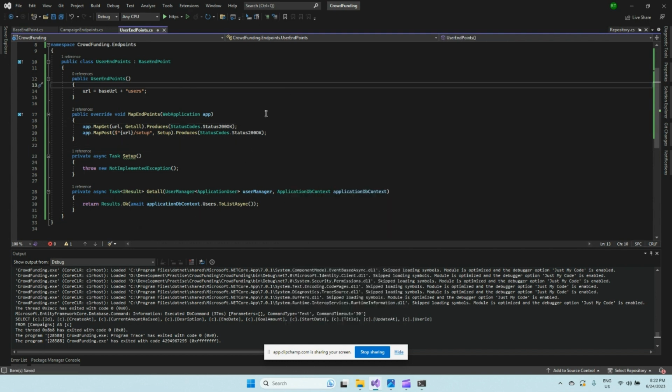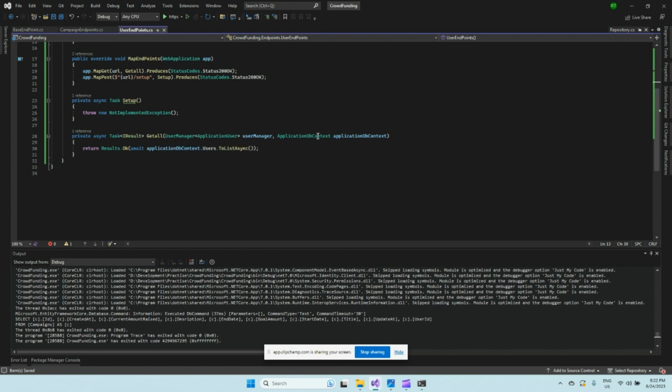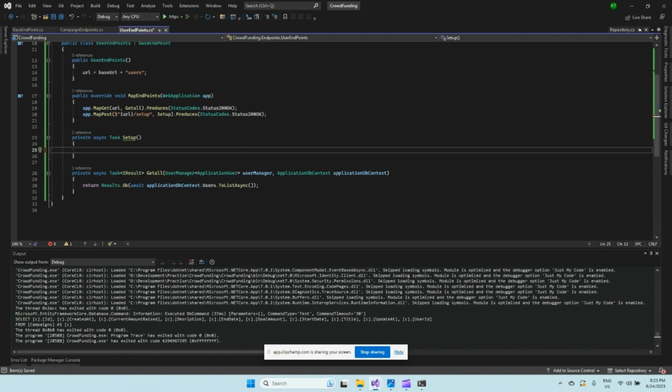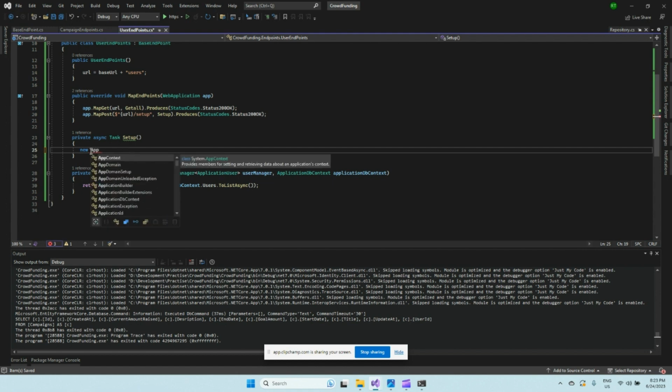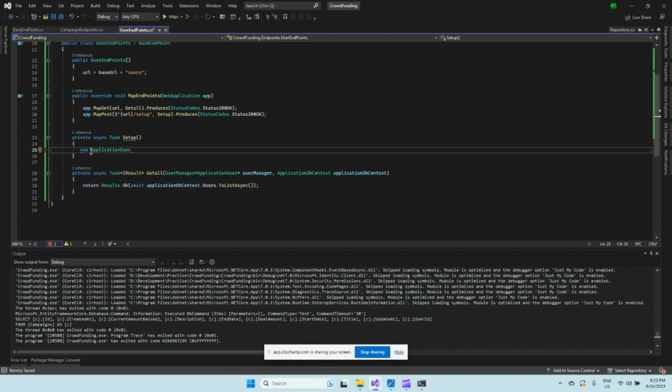So this one is to return all the users. Now we need to create the users as well. So by default we'll create a user, an admin user. Let's do that now. So to create a new user we'll need to create an application user, new application user,